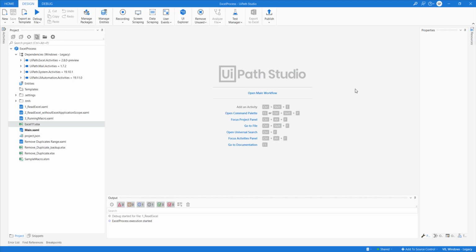Read the Excel file which has come from Citibank, put it into a Citi data table. Read the data that is coming from Wells Fargo, put it into a Wells Fargo data table. Read the data which is coming from New York Bank, let's say for example, put it into a New York data table. And then perform data table operations. So you have a lot of data table activities, right? Where you can filter, you can group, you can join. And once you achieve the desired result, put that result into a desired data table itself, and then write that particular data table back to Excel. So that's how your concept should be.